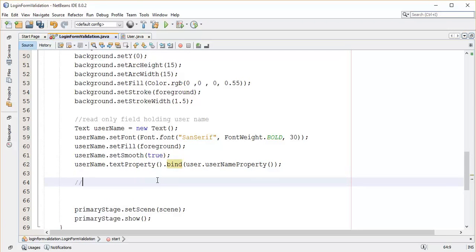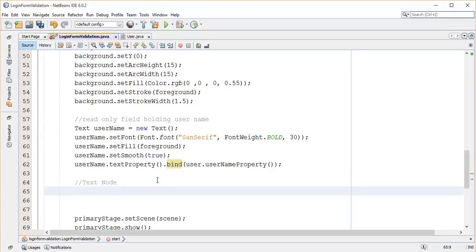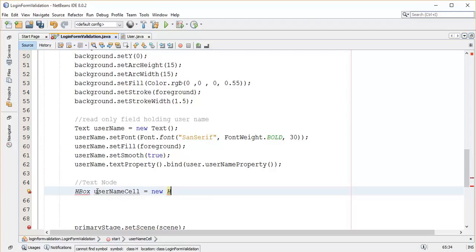horizontal box layout. So we are going to use 2 hbox for 4 different fields. First we are going to add for a text node, so hbox username cell, so username cell equals to new hbox,